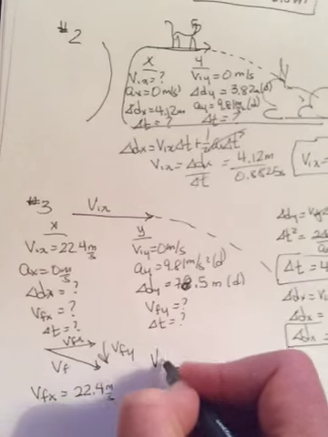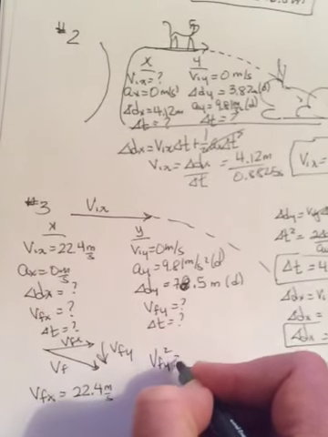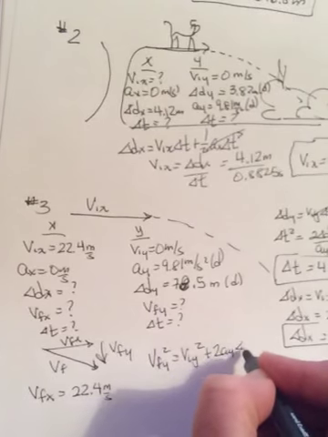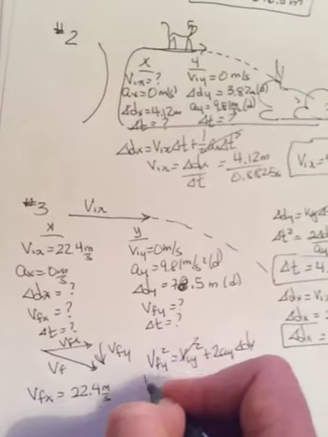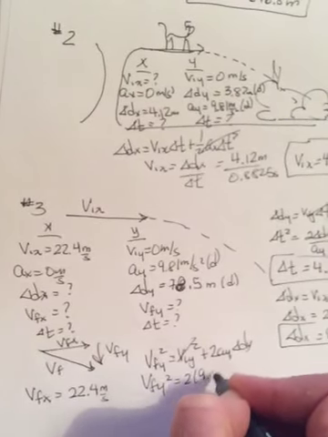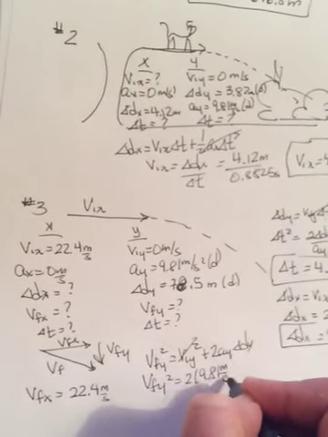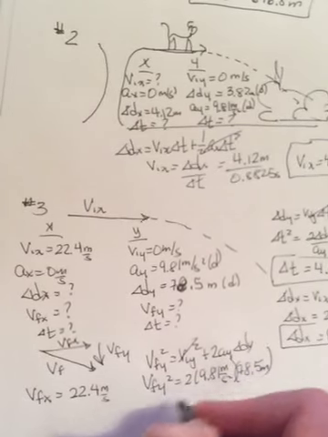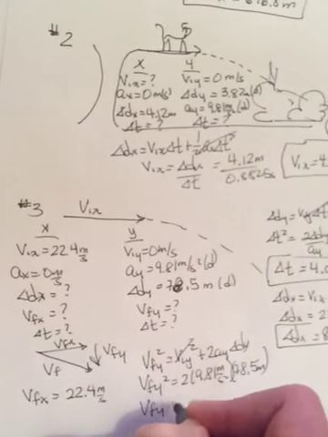And I can find my vfy by doing vfy squared equals viy squared plus 2 ay delta dy, and this goes to 0. So vfy squared is equal to 2 times 9.81 meters per second squared times 78.5 meters. Don't forget to take the square root, and you get a